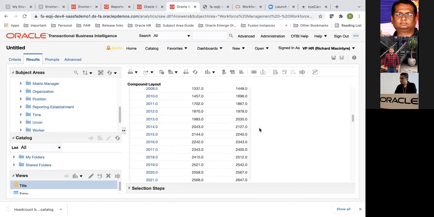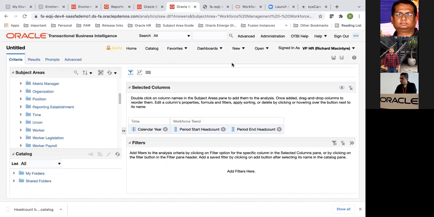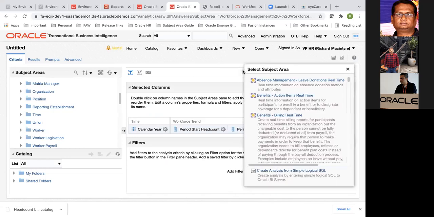And one other example that I wanted to show is a simple calculated column. For example, we have not seeded the worker's age as a column in the subject areas anywhere. So if you want to find out the age of each worker, there is a way to do that.